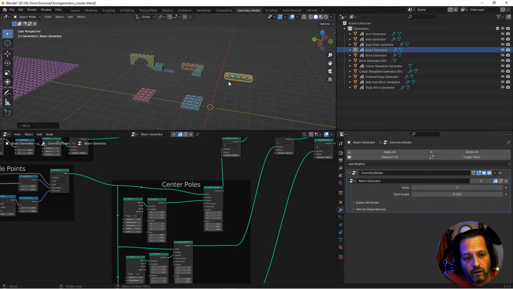When I was first doing this, the thought was, well, I could have these generators, because these generators can build hundreds of different sizes of bricks, all out of these geometry nodes. But then I was thinking, oh, well, I could model up a bunch of other pieces and have them here. Well, that certainly is not a bad idea. But you can also use